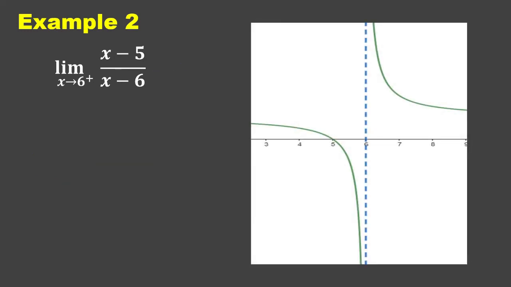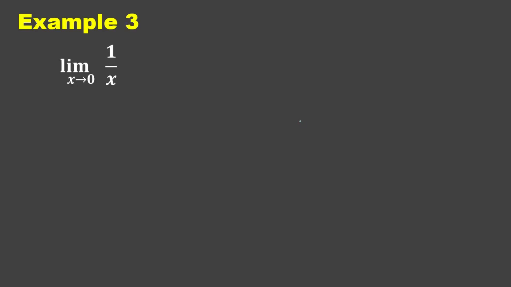Let us check using its graph. So we have a vertical asymptote at x equal to 6. From the right of 6, tracing its graph, as x gets closer and closer to 6, f of x increases without bound, or to positive infinity. For example 3, let us try to get the limit of 1 over x as x